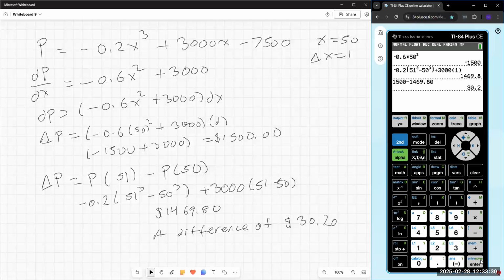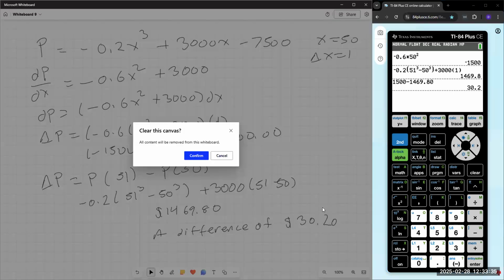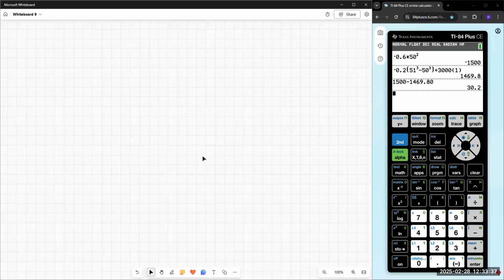Some time for the last few problems here. They are not marginal analysis, but we'll just wrap up with them. So 113